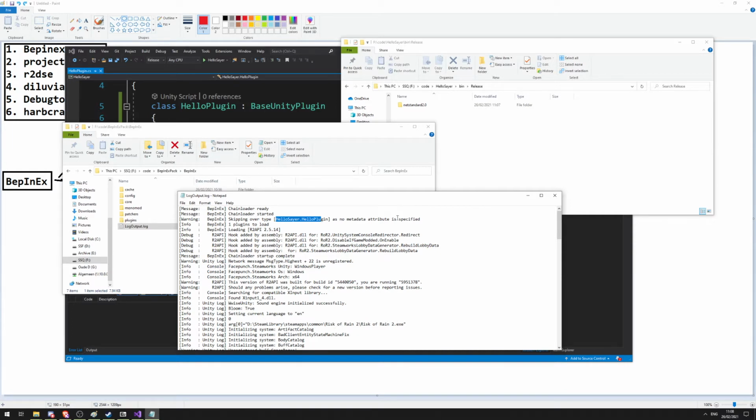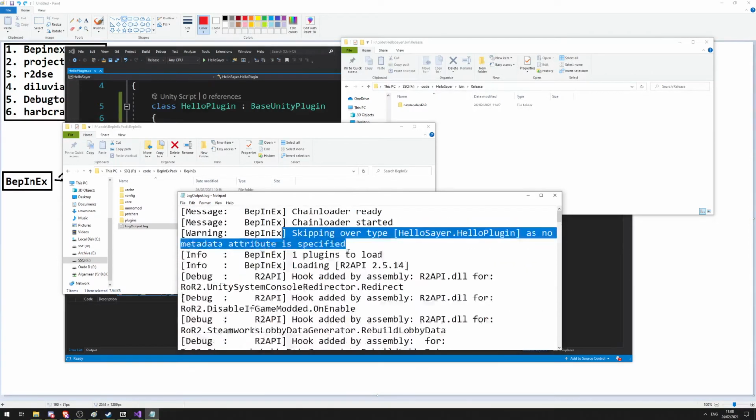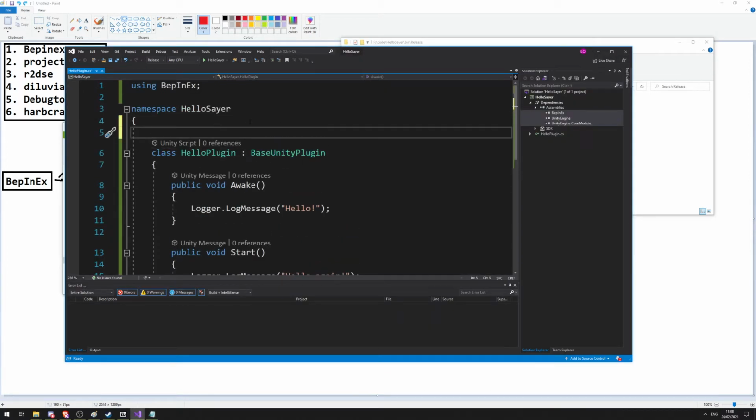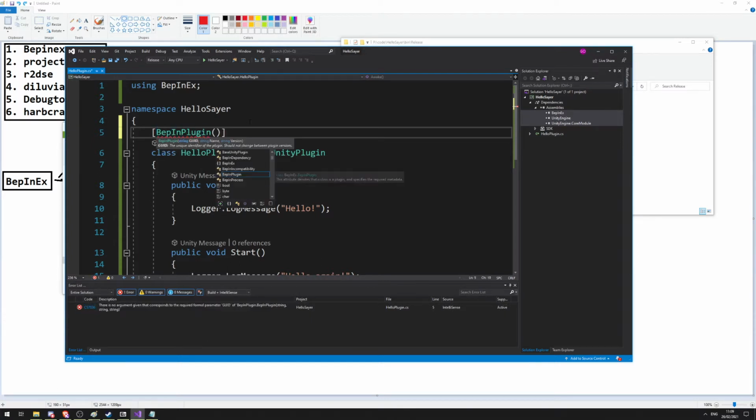And you're like, but what is metadata? Let me zoom in a bit. What is a metadata attribute? And that's right, because BepInEx needs to know what your plugin is, what it does. You can have multiple plugins in the same DLL file. So what we type is we use an attribute, and we're going to tell it this is a BepInPlugin, this class, and it has a name, our GUID, and in this case it will be,